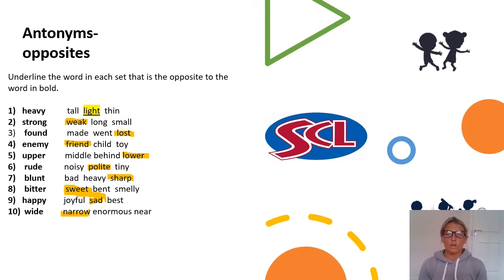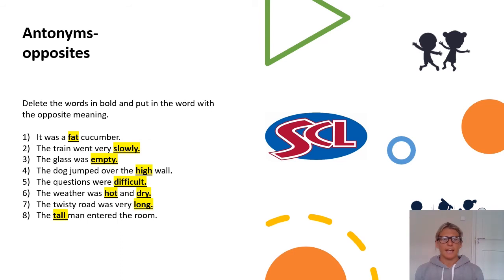Fantastic. So if you didn't quite get that, just make sure you've highlighted them for me, so that you can refer back to them to have a go at them another time. Okay, now we move on to sentences, and we're going to see if we can identify the opposite word for the word that is highlighted in each sentence. We'll do this together, and I'm sure with the practice we've had so far, you're all going to be absolutely amazing at this.